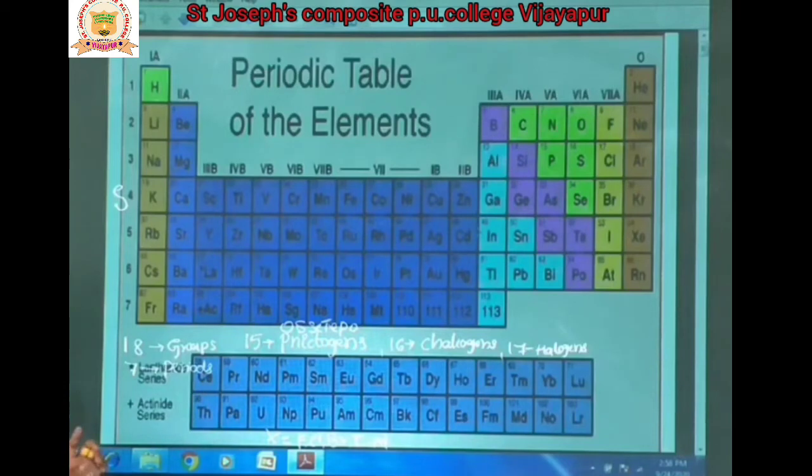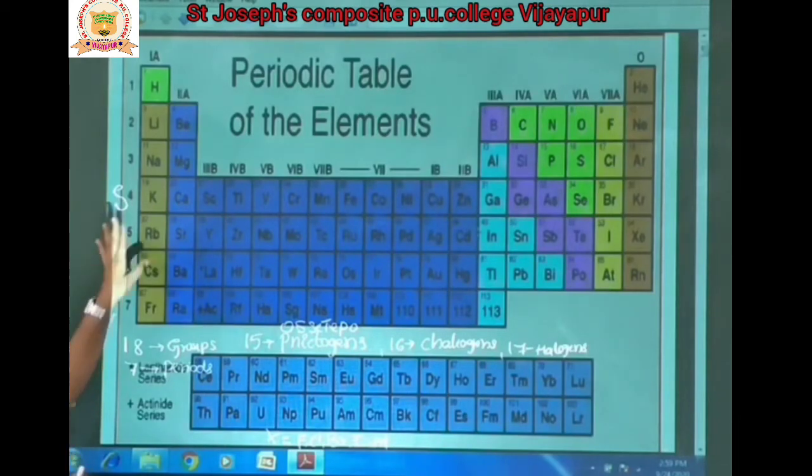The 18 family elements are called the noble gases, inert gases, chemically inert gases or zero valence group elements, because their last valence shell is completely filled. So the valency becomes 0. So the name is zero group elements. And why the name inert for these group elements? Because these elements do not react with any other elements of the periodic table. So the name is chemical inertness or the noble gases.